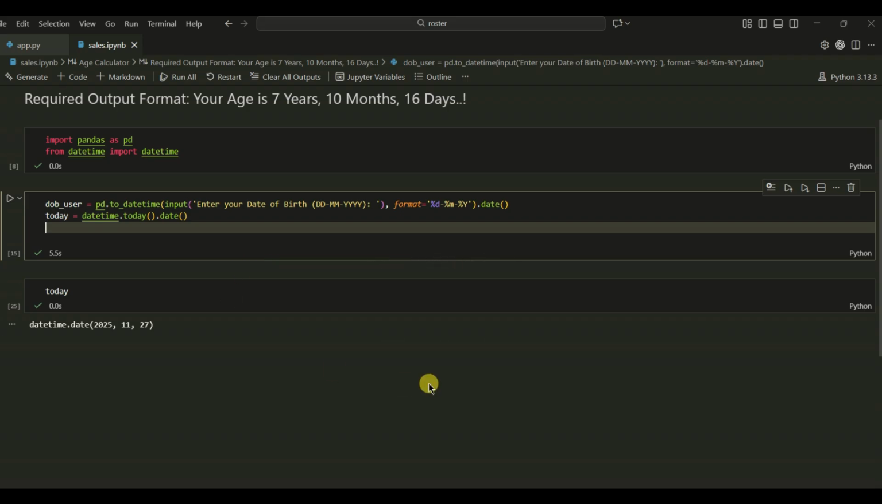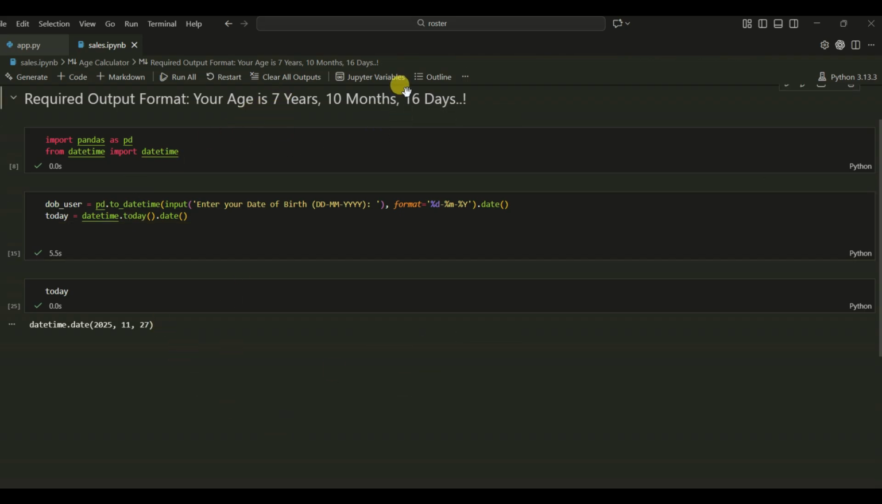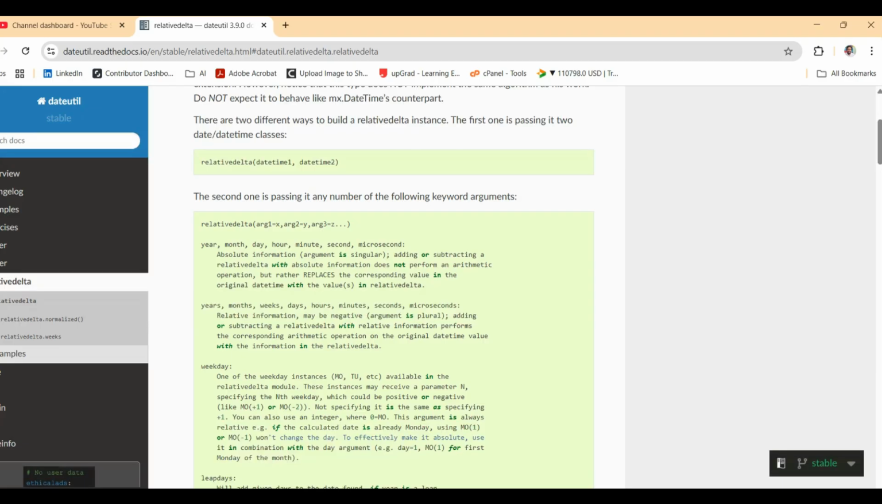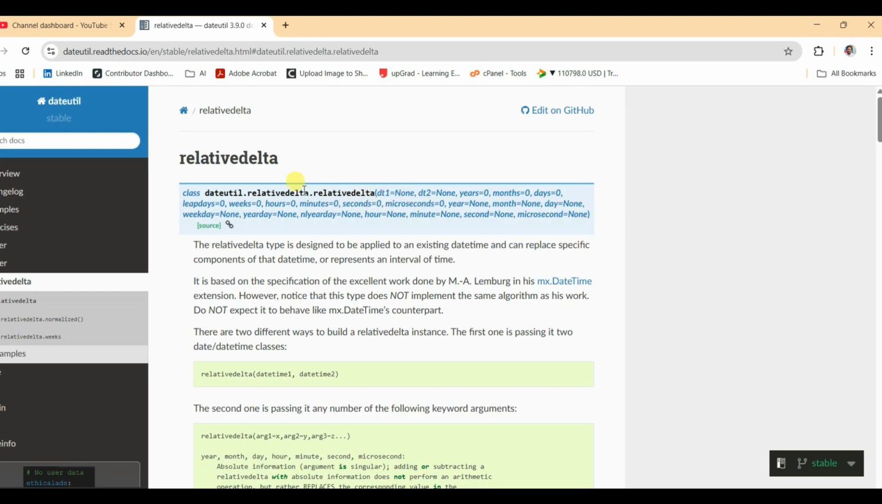Okay, now we need the difference. Okay, difference in age, difference in months, and difference in days. So for this I'll show you a library. So this is a link. Okay, so here we can see how you have to go. Here I'll show you